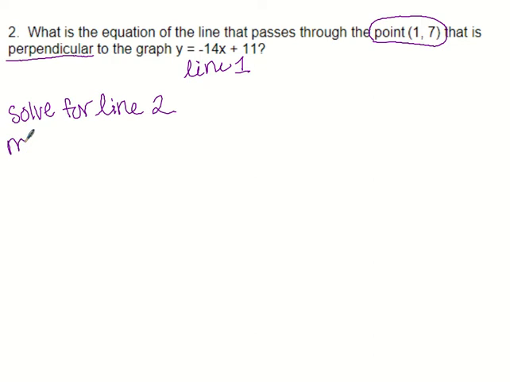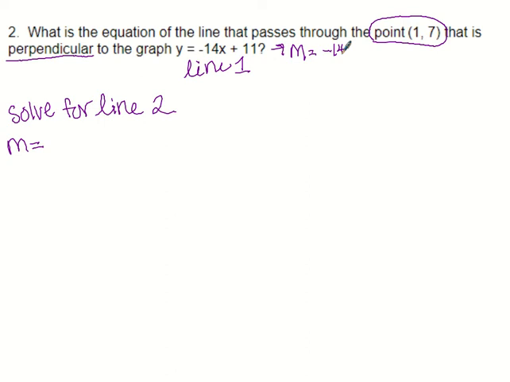So when the slopes are perpendicular, remember they're opposite and reciprocal. So the opposite of negative 14 is positive 14. Okay. The reciprocal of 14, right now this slope is m =